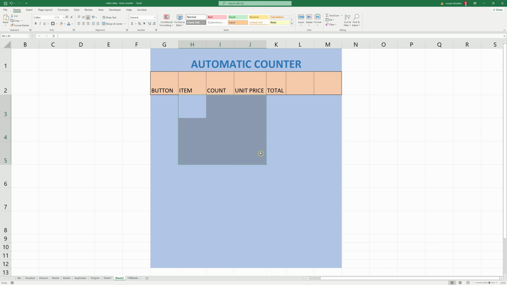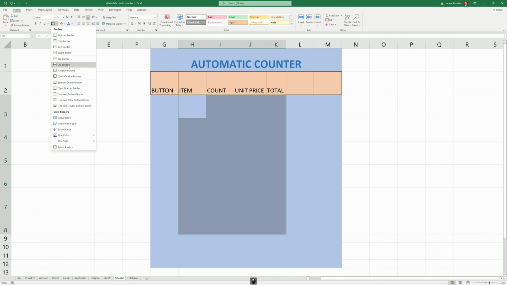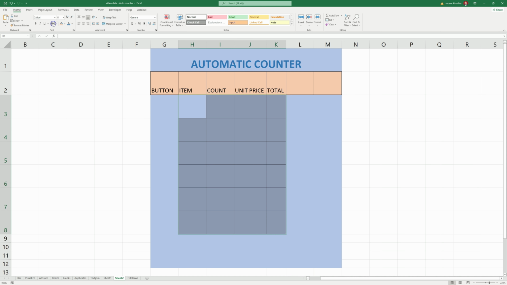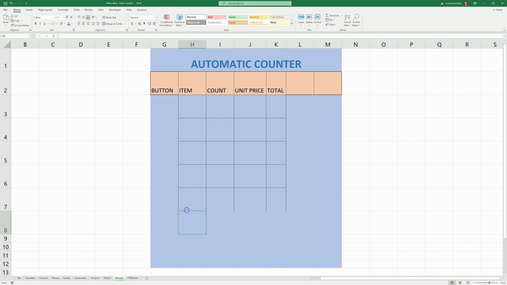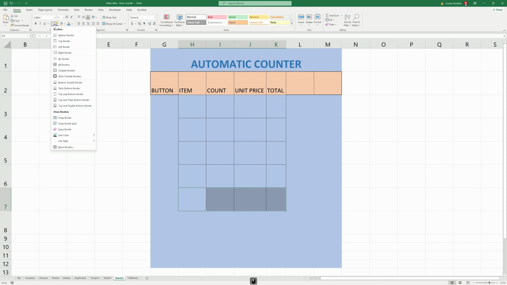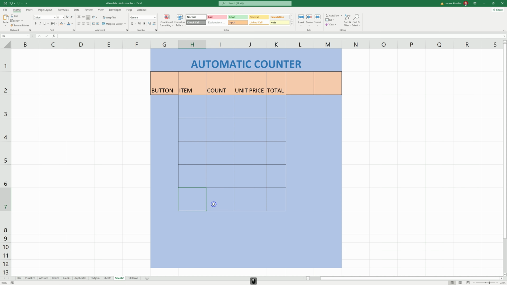We have the items. Let's for example use how many items we should have. Let's make them 5. So we are going to put the borders and put a big outer border. 1 2 3 4 5. So this one we don't need to have the borders. We can just have that as so. We now have that one, and then at the bottom here we should have the total,